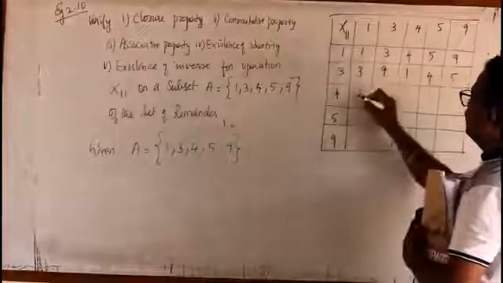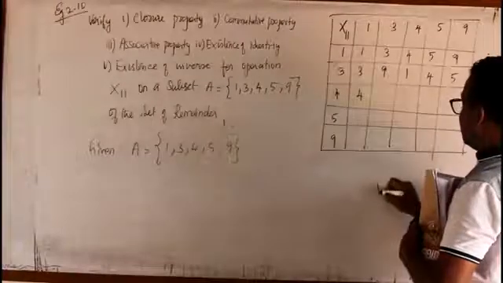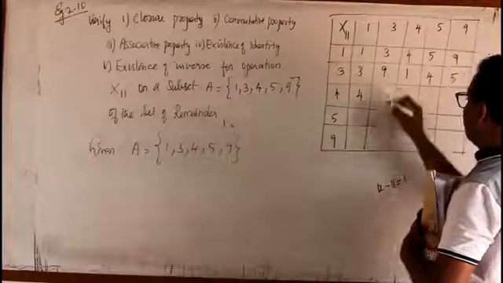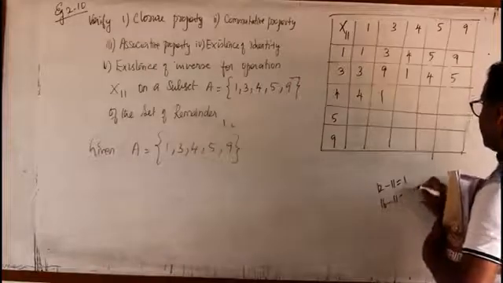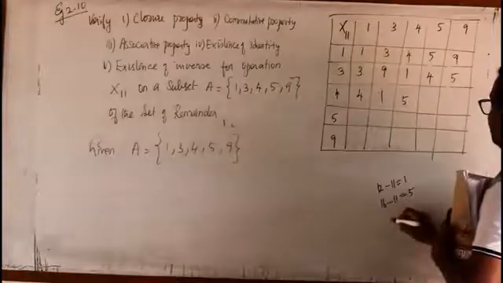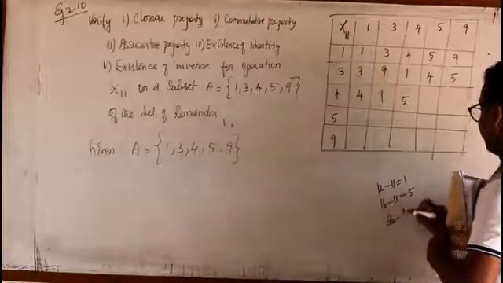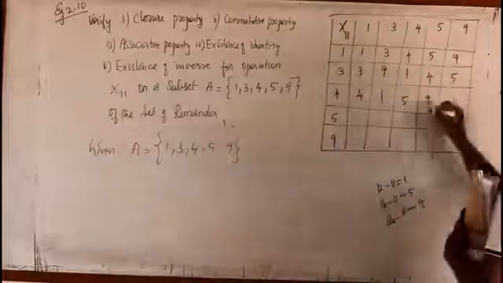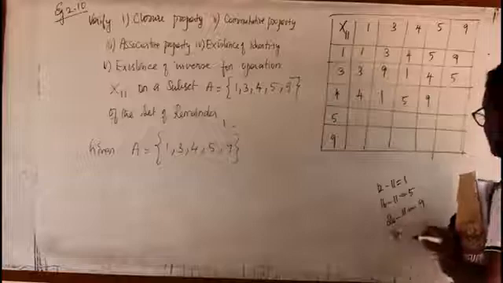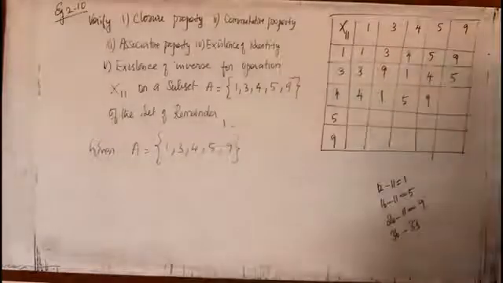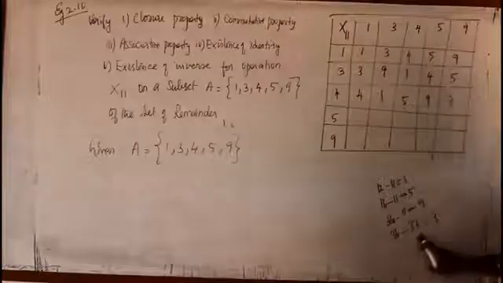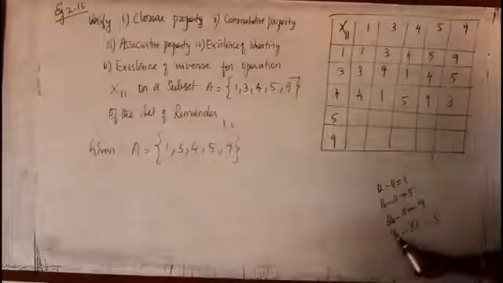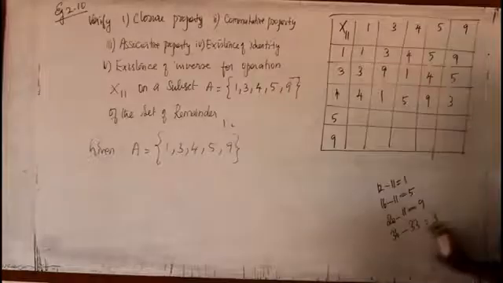4 1s are 4, 4 3s are 12, 12 minus 11, 1. 4 4s are 16, 11 can be removed, so the remainder is 5. 4 5s are 20, again 11 can be removed, so it is 9. 4 nines are 36, 33 can be removed, so the remainder is 3. The number of 11s is 33 in 36. So remove the number of 11s in a number.